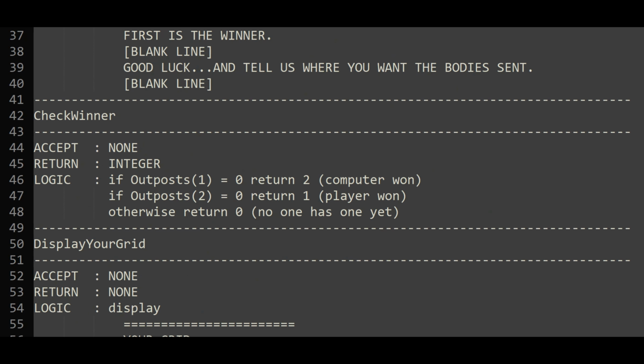Check winner is simply if the player has no outposts, return 2, then the computer 1. If the computer has no outposts, return 1, player 1. I think that